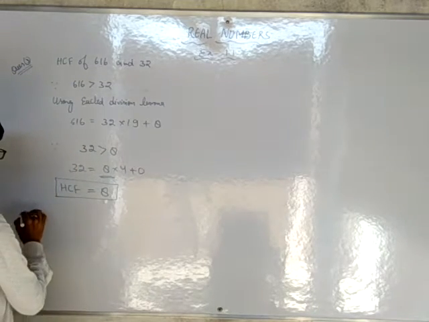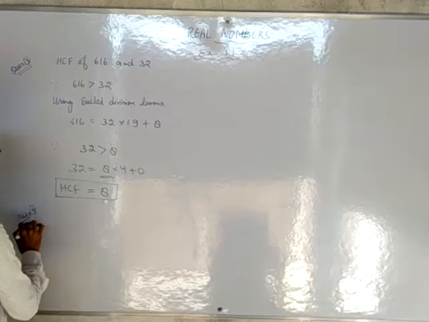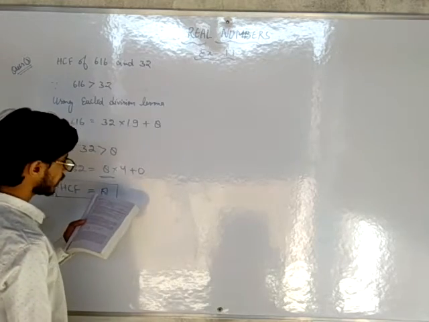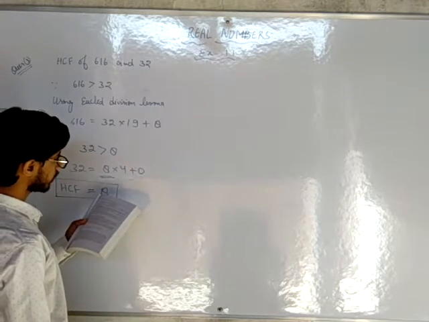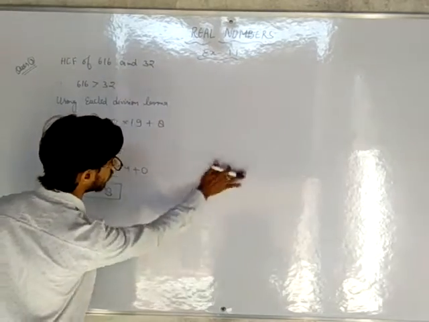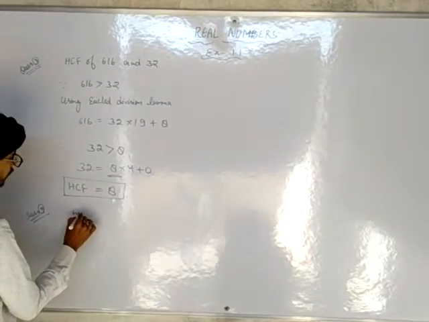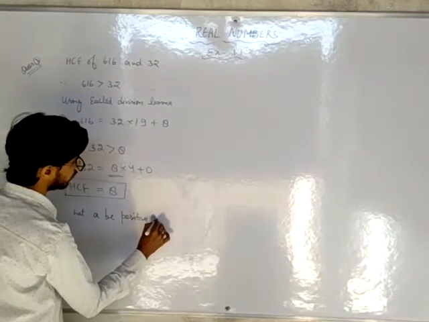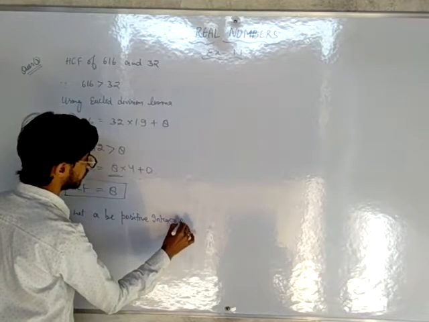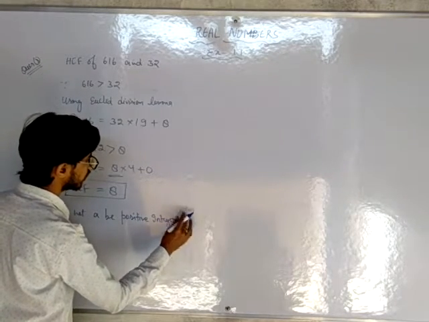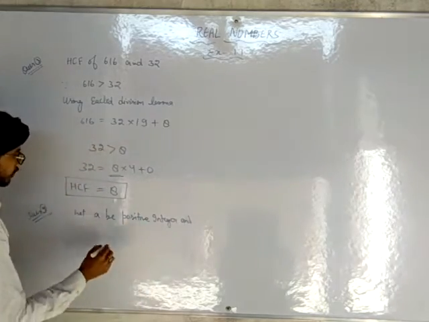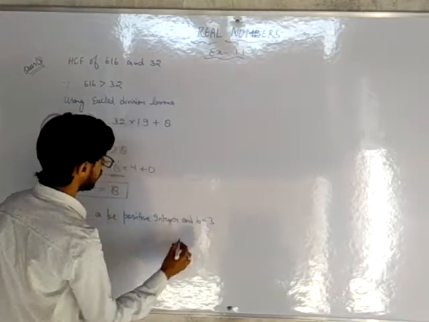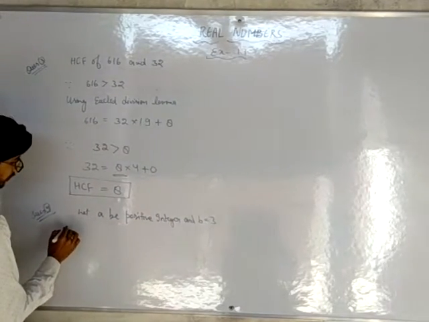Now question number 4. Use Euclid division lemma to show that the square of any positive integer is either of the form 3m or 3m plus 1. Let a be a positive integer and b is equal to 3. Now integers